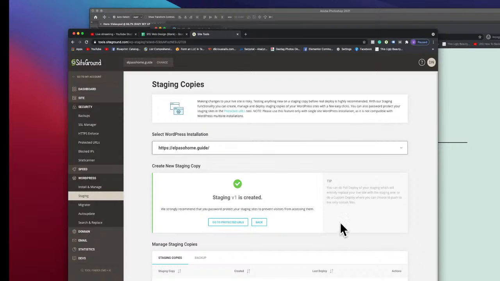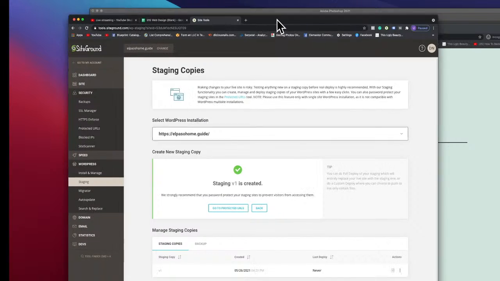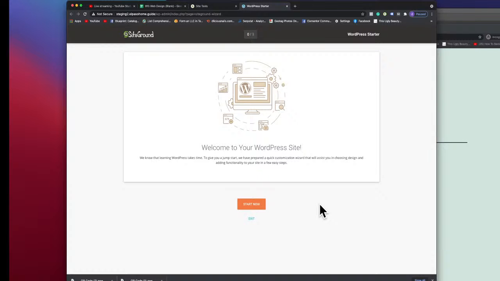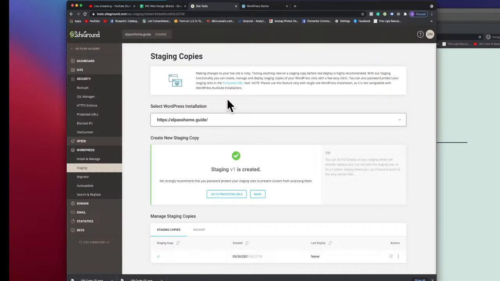All right. So we have the staging website. Let's take a look at it, and then let's go ahead and start getting some plugins, some themes, and we'll be on our merry way here. Click on and go into the staging. As you can tell here, it's saying that the staging is not secure, and that will happen, but don't be alarmed. What you do is you go to the SSL Manager